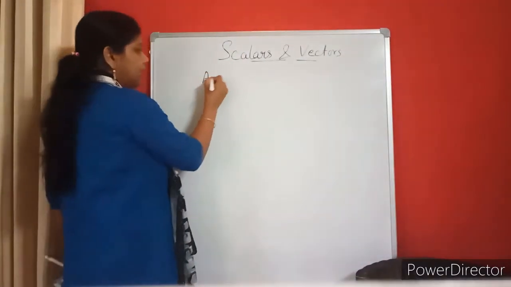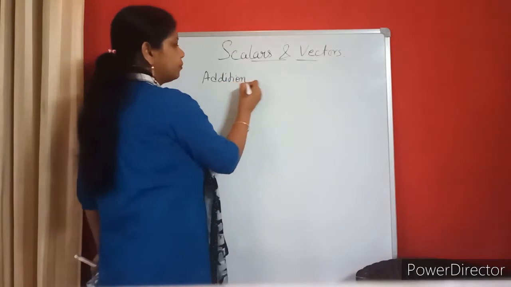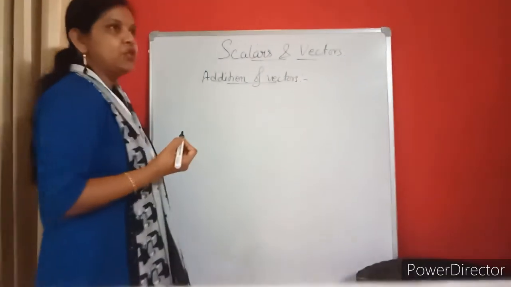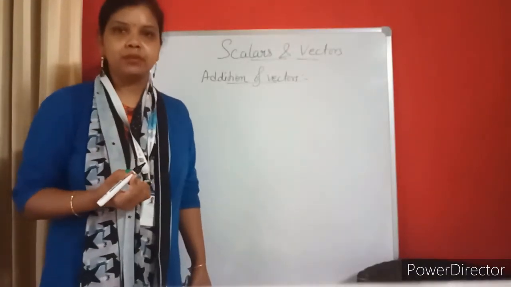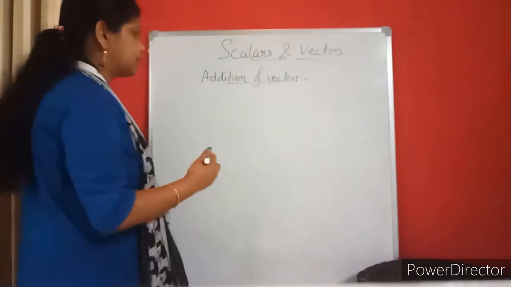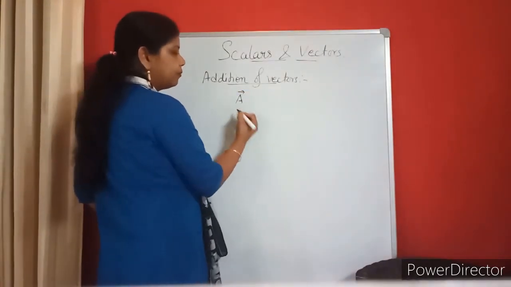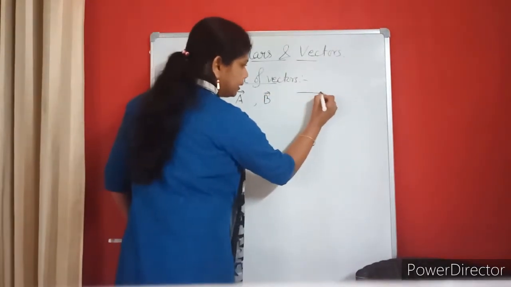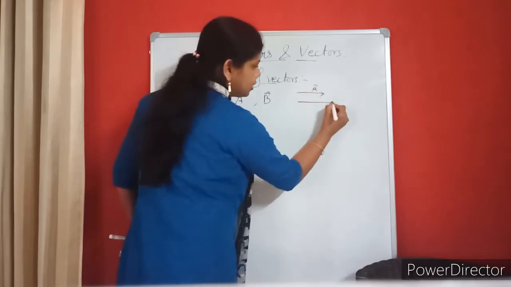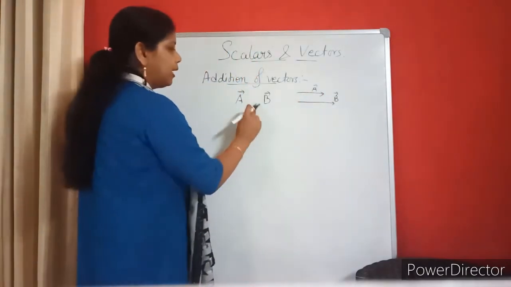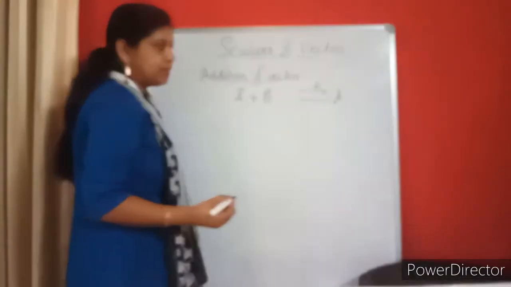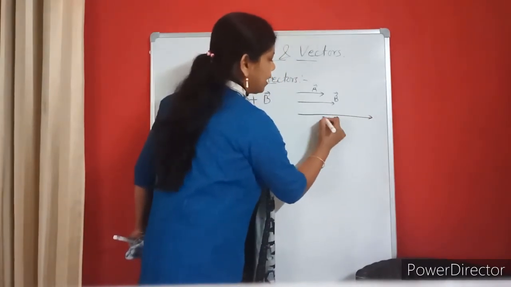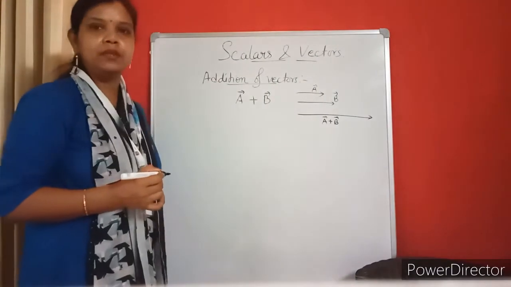So you should remember addition of vectors. Suppose we say that the two vectors are in the same direction. Let me give you some examples so that you can understand. Suppose I say A is a vector and B is another vector. A is this one, and B is this one. I have to add A plus B. Then what will happen? The summation will be the addition of the two. It will become longer and I have to write A plus B vector like this. It's a simple rule if it is an addition.